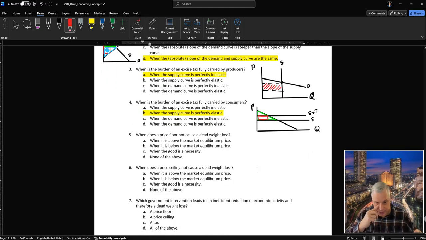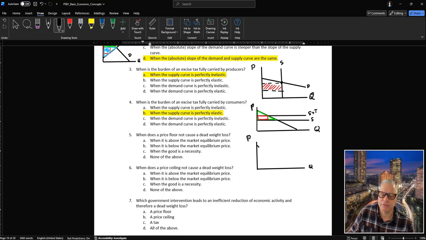So when does a price floor not cause a deadweight loss? Okay, so a price floor, to be meaningful, means the price cannot be lower than a certain value. So that means a price floor could be completely ineffective. A price floor says the price cannot be lower than a certain price,